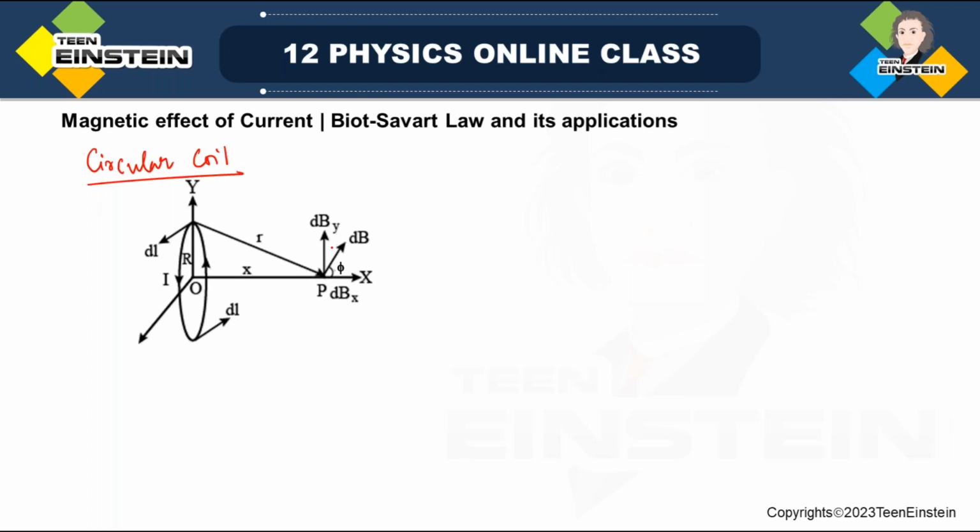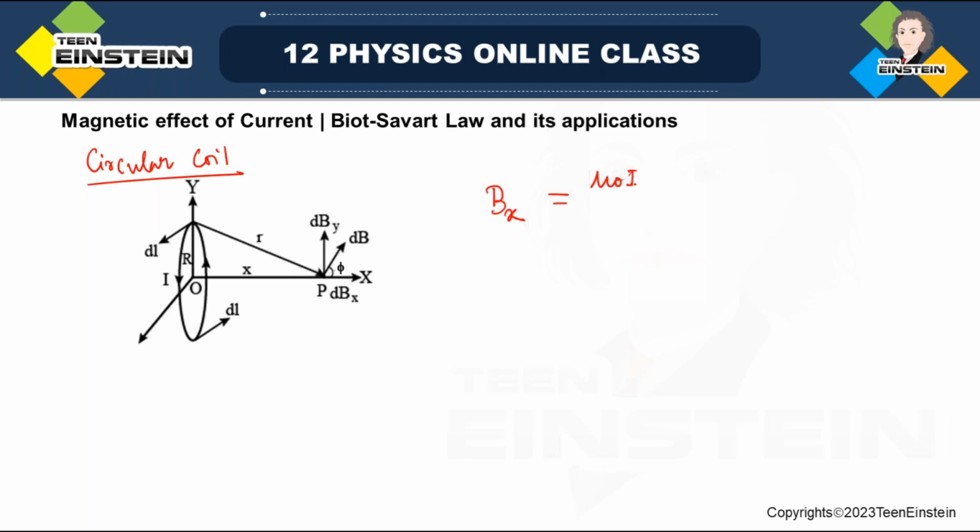Okay. So magnetic field due to a circular loop. What we have seen is that the magnetic field created by a circular loop will always be along the axis of the loop. And if we calculate the magnetic field at any point on the axis, suppose this is a point P at a distance x, what was the expression we found? That will obviously be along the x-axis. So Bx is equal to